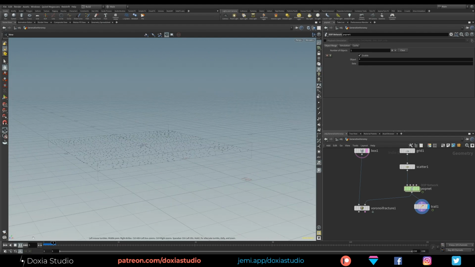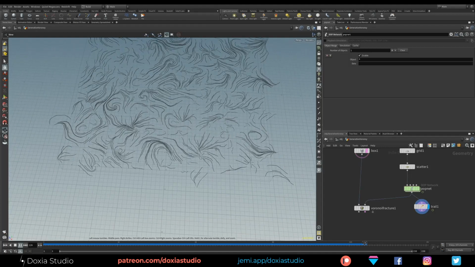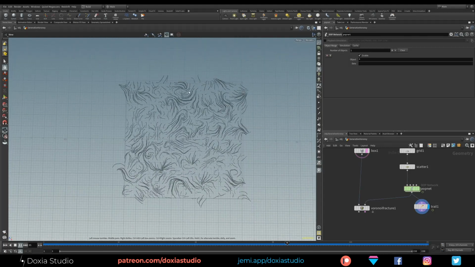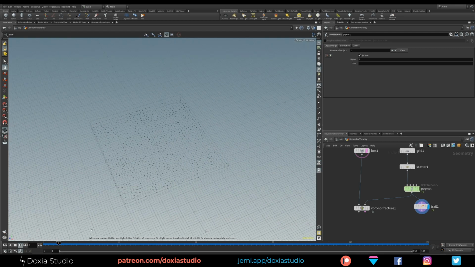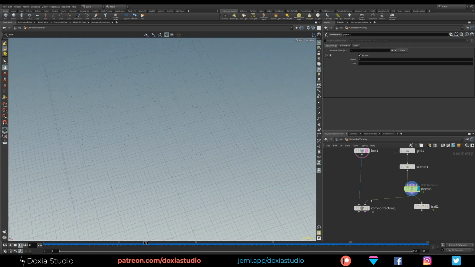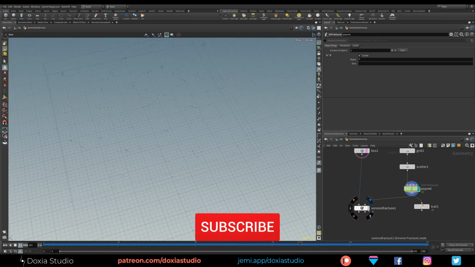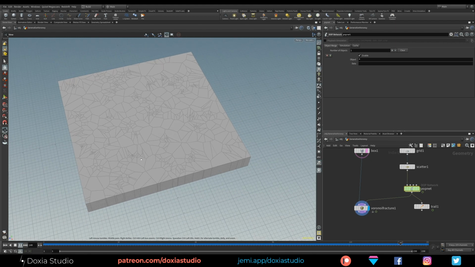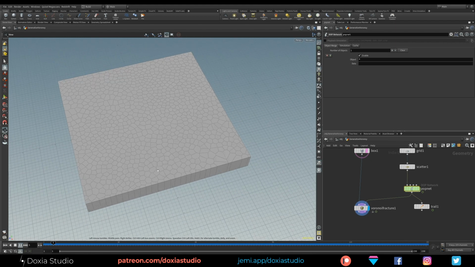So now if you can see our noise, it is on the floor and it is 2D noise. Pretty cool. So it is moving on x and z. So now we have these particle points from the PopNet, and they are wired to the Voronoi. So check this out. Now we have our Voronoi moving. Pretty cool.